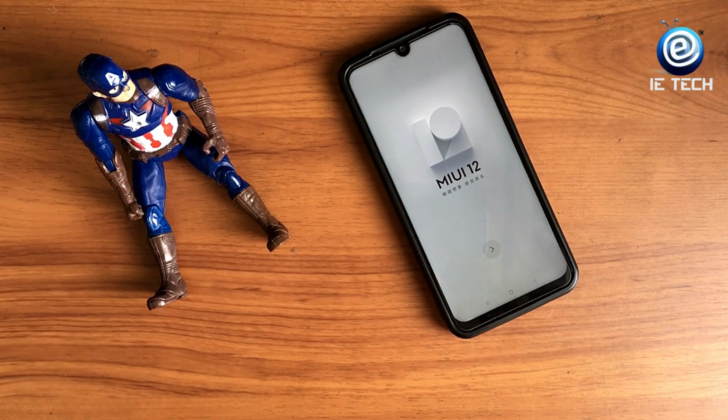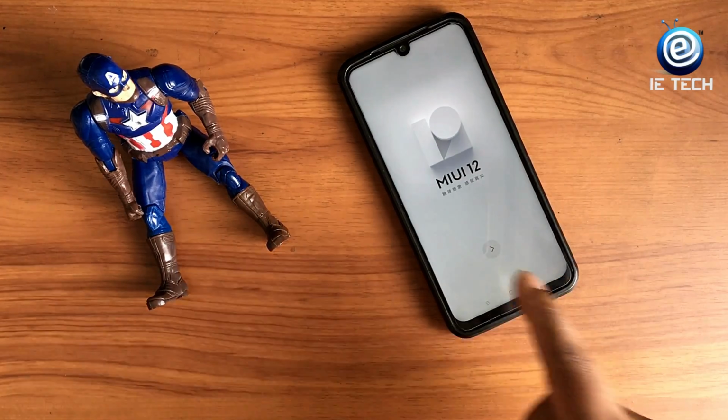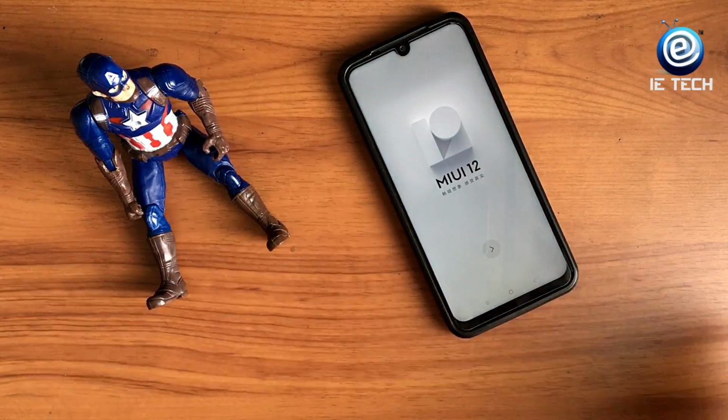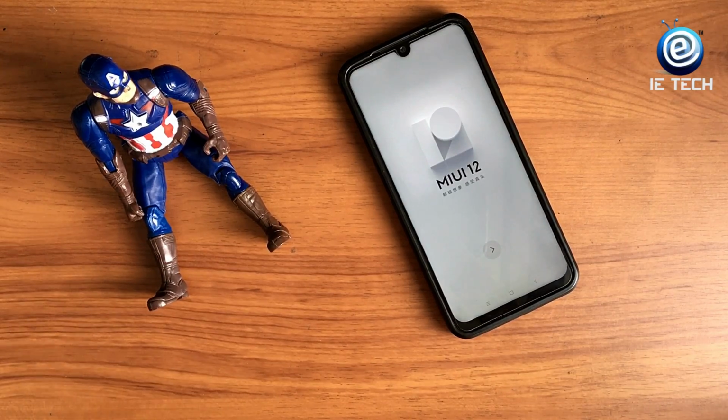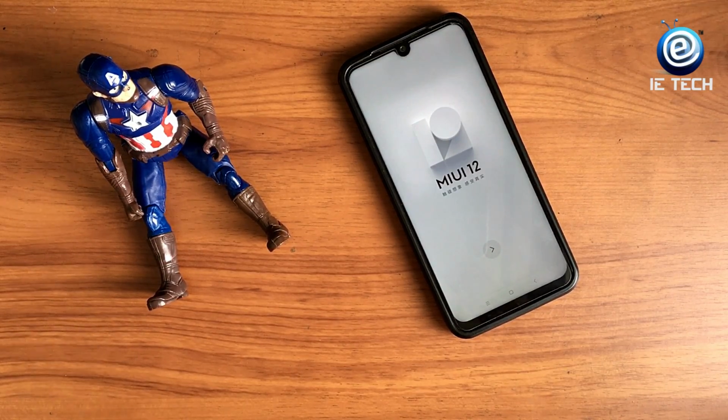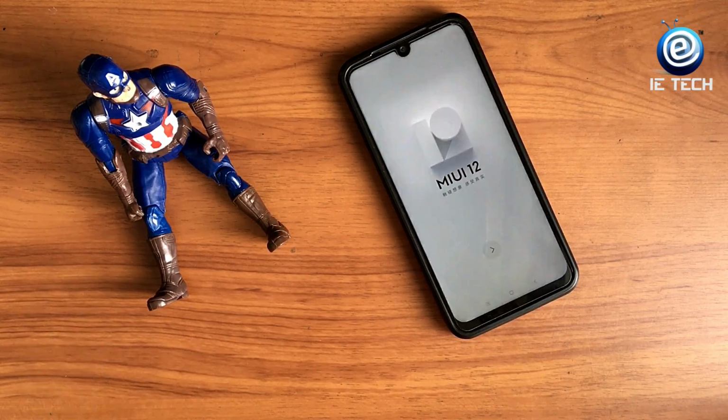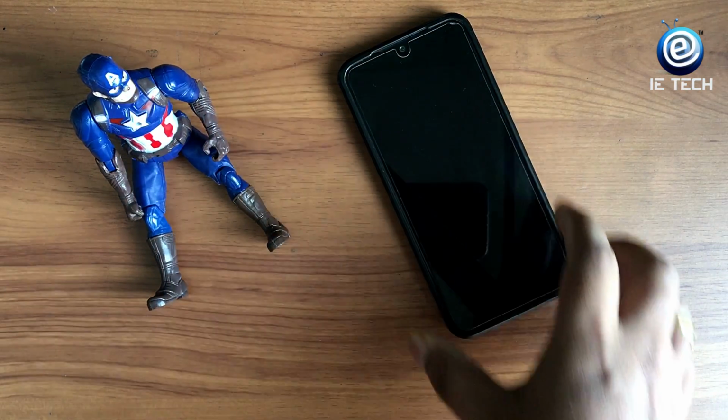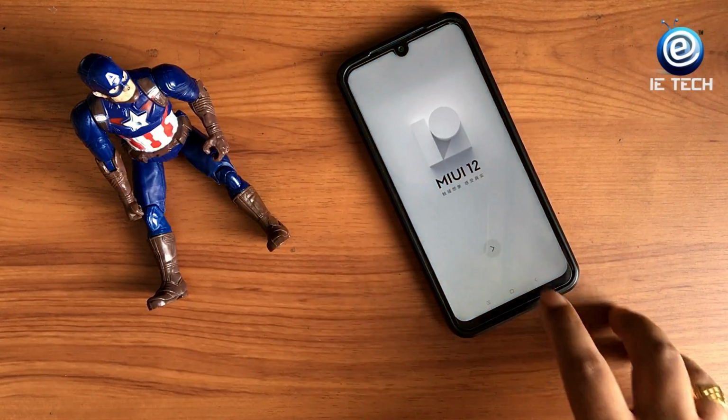and this does have most of the functionality except your GApps, that's your Google Apps. So we will be starting from the configuration point, which is this. We have done a closed beta installation, and this is a nightly update which we get from one of our closed beta members. It is available for mostly all phones except, I think, Redmi 8 Pro and Redmi Note 8 Pro. This is Redmi Note 7 Pro, as you can see. So let's start wasting some time.